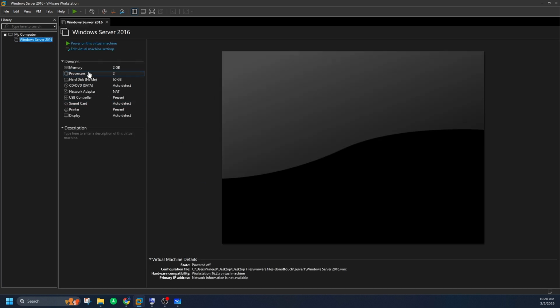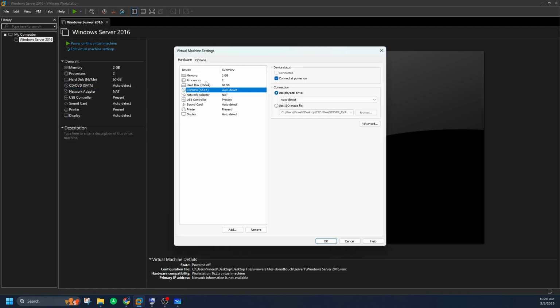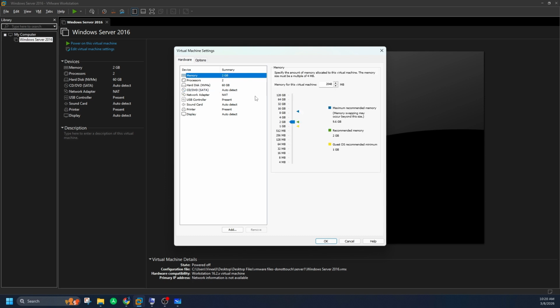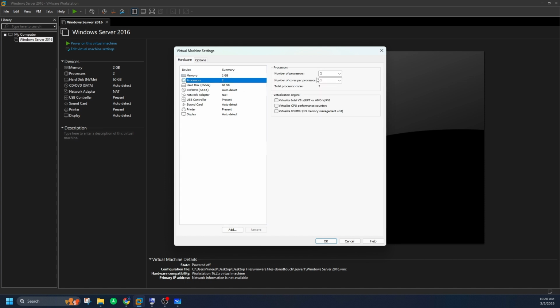Now, since this virtual machine doesn't have any operating system loaded or ISO image loaded, 2 GB RAM is taken by default. If you want, you can change it as per your requirement. For our laptop configuration, we don't have much RAM capacity, so 2 GB is more than enough actually, and the processor is fine. So now we will select use ISO image file,